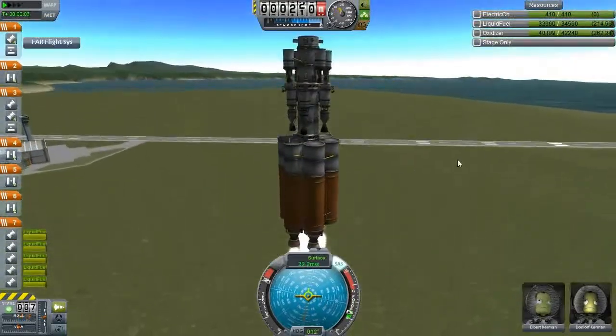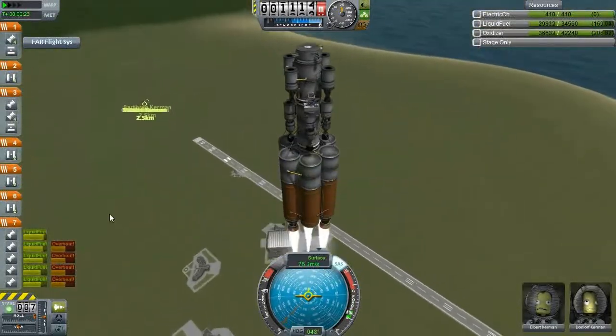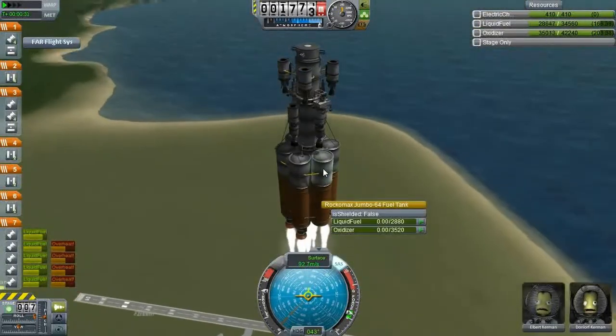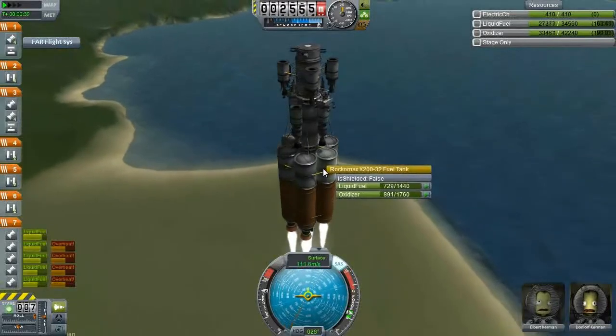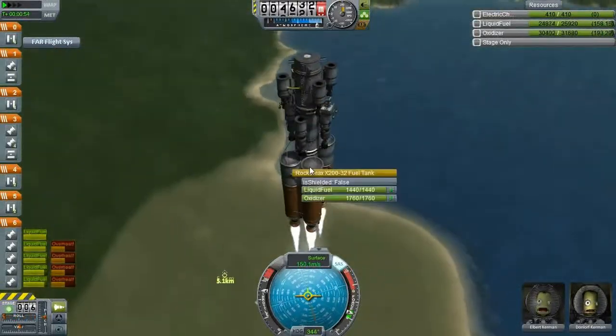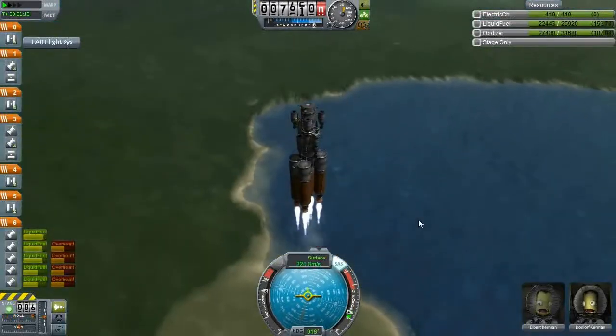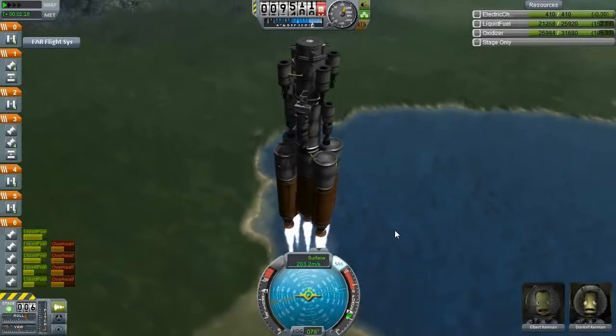And we skip building the launcher stage because, you know, that's a launcher. You know what those look like. I've used the same design before, more or less. And this was a test flight, but actually it just went really well. So it was actually the